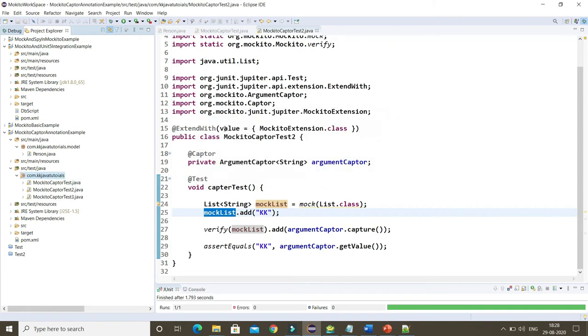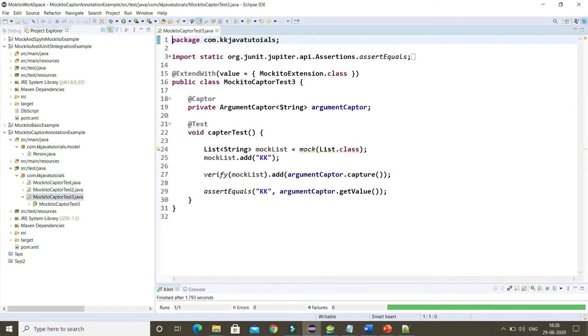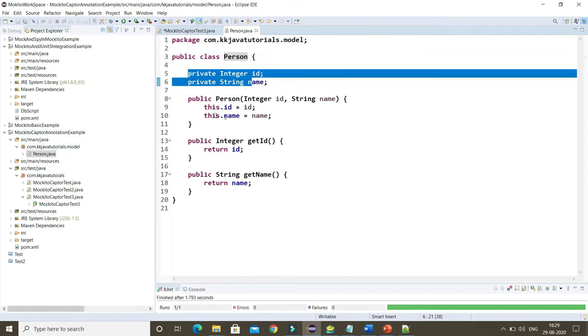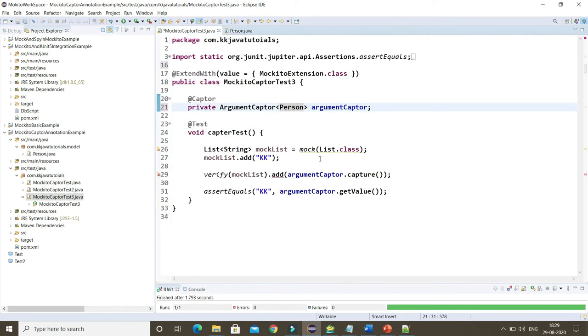Let me close the rest of the files, and here I'm going to create an argument captor with a custom object called Person, right? And I need to import it. I have a Person class already created in the model package with 2 attributes, 1 constructor, and public getter methods. Yeah, now here of course I need to change the same, copy paste. So be careful.